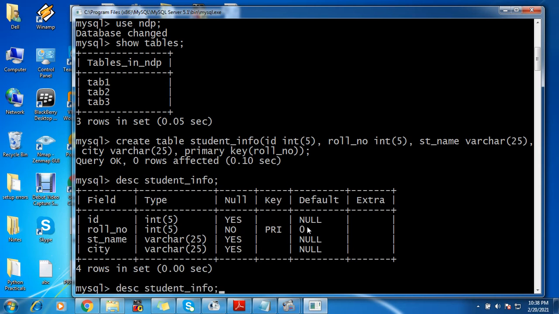Now let us create one more table quickly. Table result. We are just checking our setup and its installation, so I'm just going to be quick.